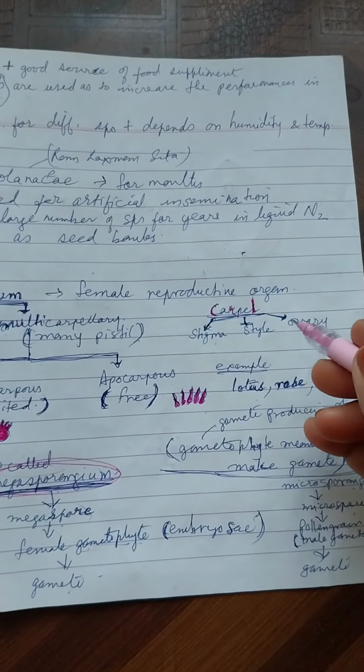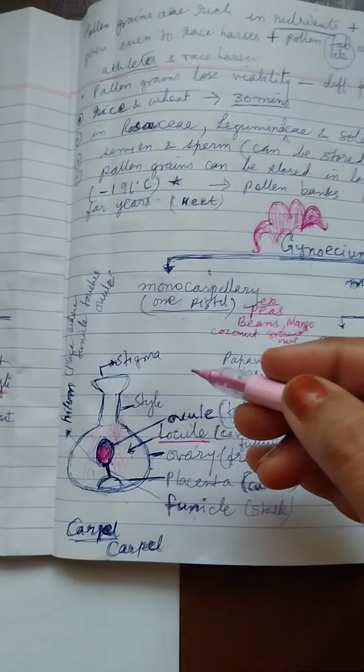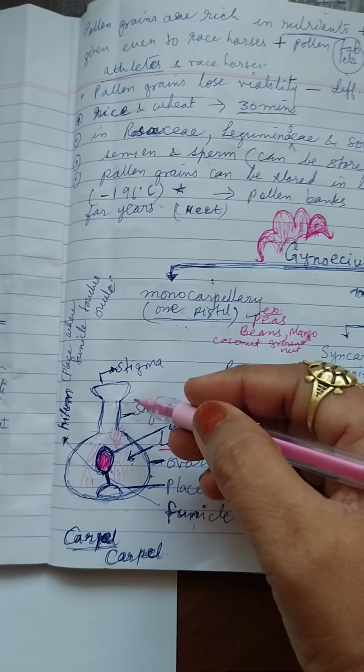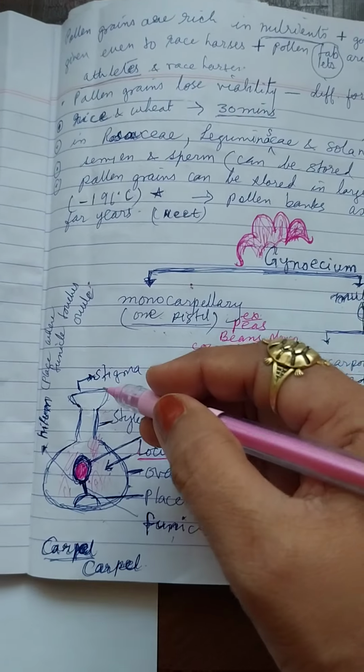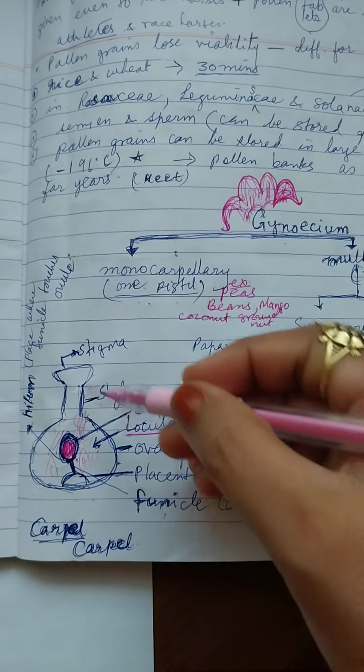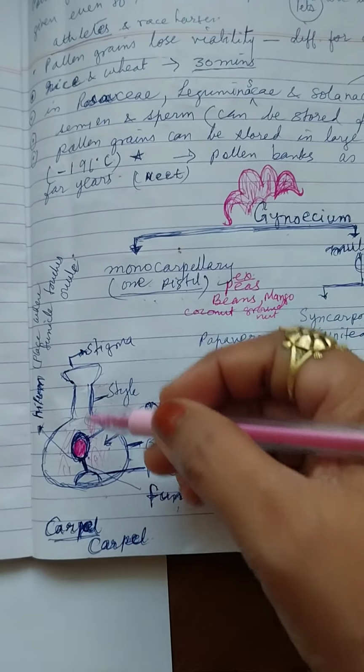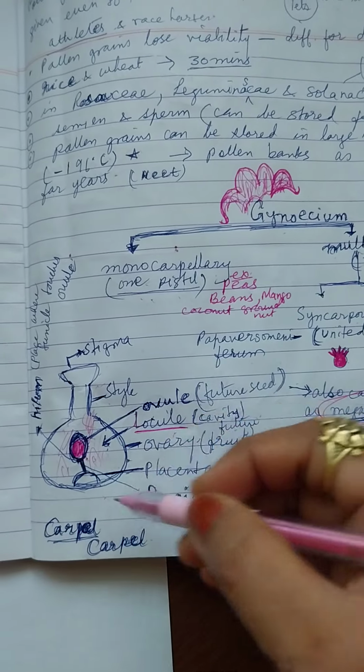Now, carpel consists of three parts: stigma, style, and ovary. The broader portion at the top is known as the stigma, on which the pollen grains will land during pollination. This neck region is known as the style, through which the pollen tube will cross, and this swollen portion is